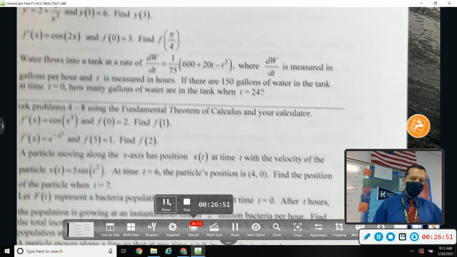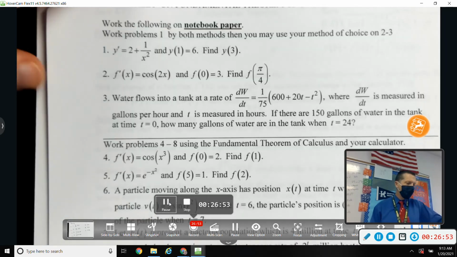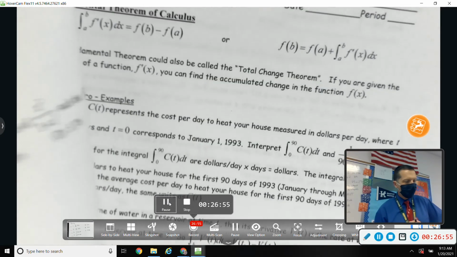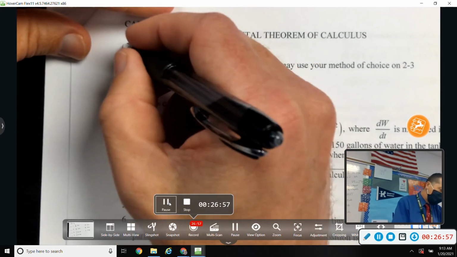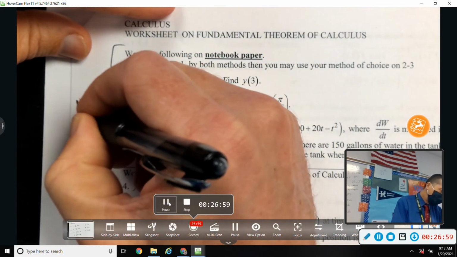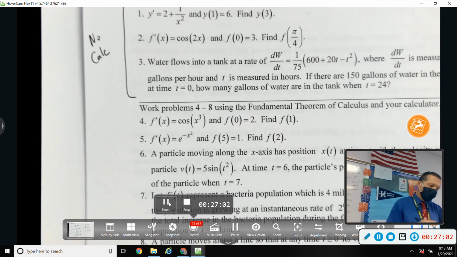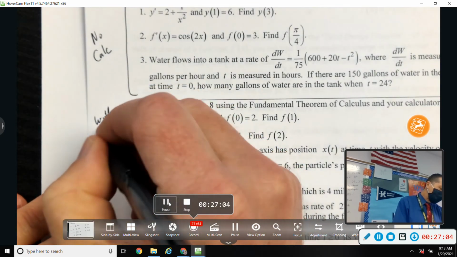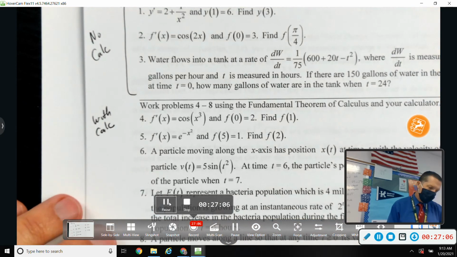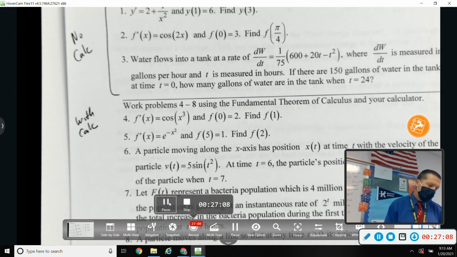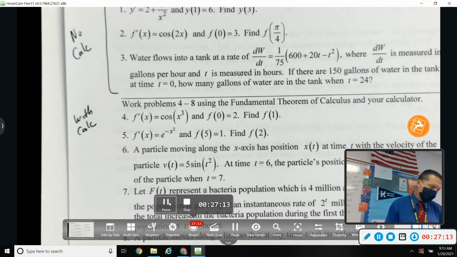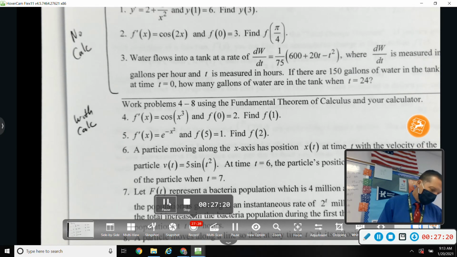All right, the homework is the next page, the next worksheet, just the next worksheet, not the one after that. And 1 through 3 should be no calculator, and then after that, with calculator. So let's do, and there are answers on the back. This is true. This is true. Let's do number,